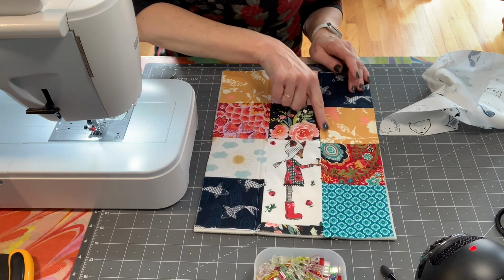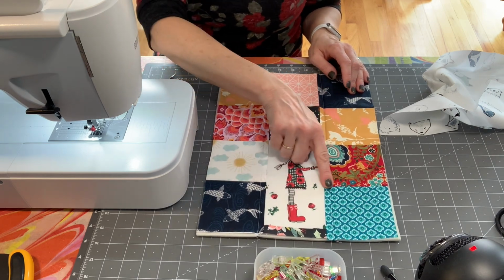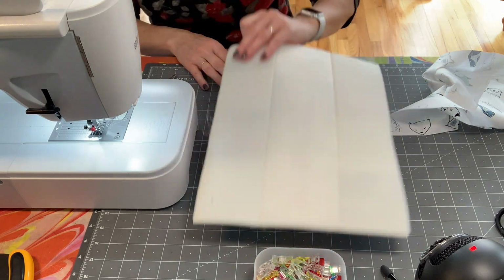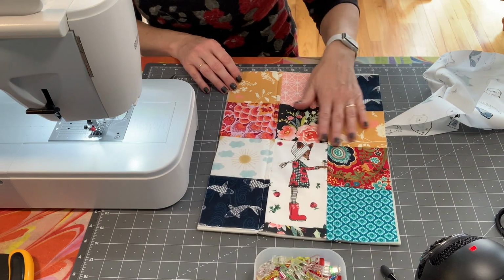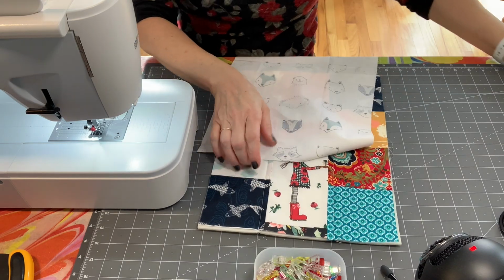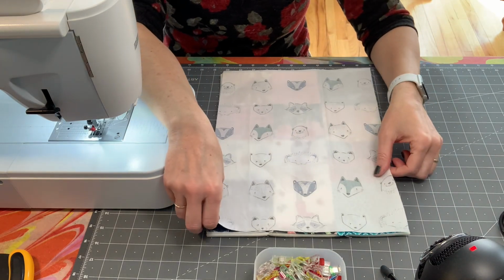and I chose to run 2 rows of vertical top stitching so that I didn't cut across my fox on this, but you could also run horizontal rows of cross stitching. I'll show you what that looks like. The purpose of that stitching is to attach the panel to the Annie's and then add a little interest with the top stitching. So I want to take my top stitched exterior flat panel and position that right sides facing